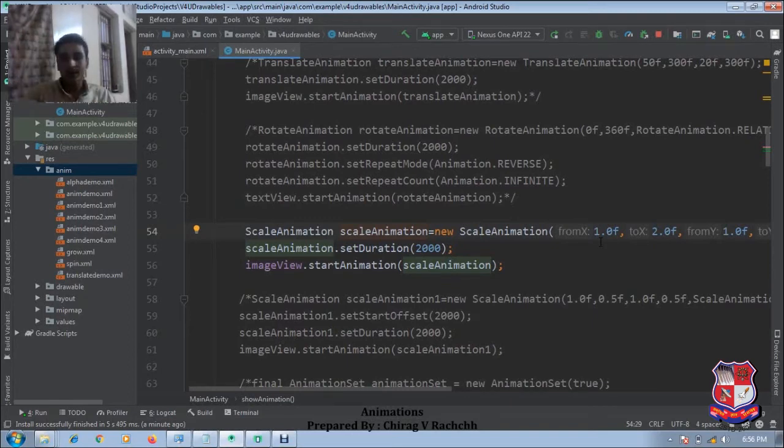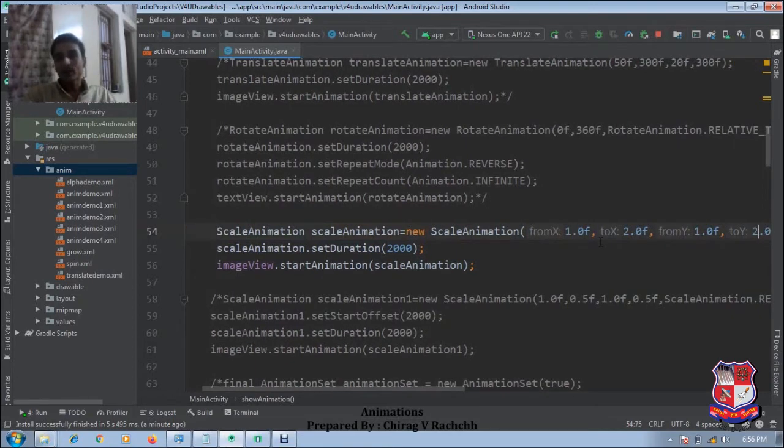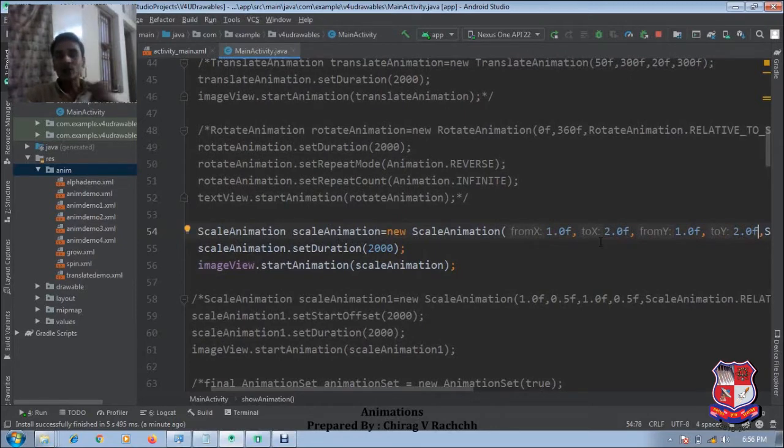So here we have passed from x 1.0f to x 2.0, which means in the x direction its size should be doubled. From y is again 1.0 to y 2.0, so in the y direction its size will be double. So after applying this animation, the size of the object will be double in both directions, x and y.